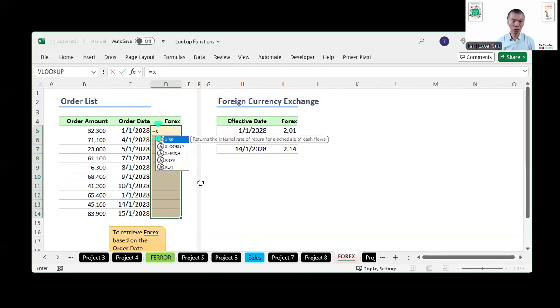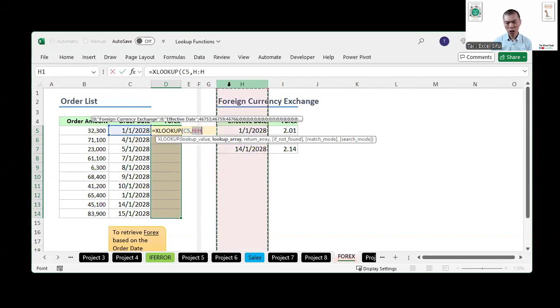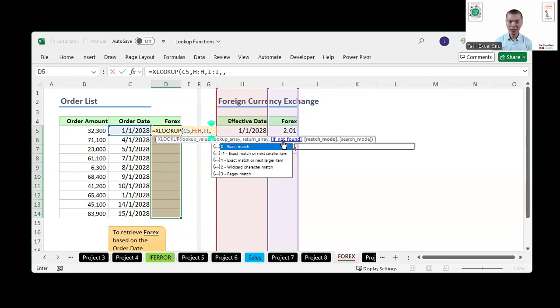Equal XL, tab key, lookup value, select the date, comma, I want to use the date compared against column H, comma, and I want to return the Forex from column I, comma, and if not found, I just ignore this one by pressing comma again, and that's the moment